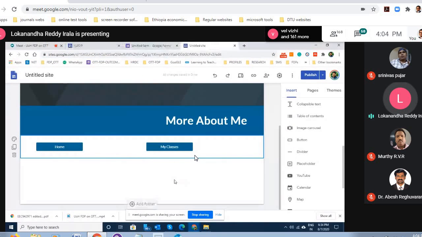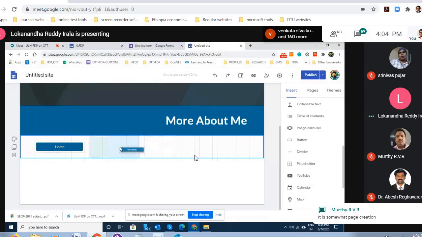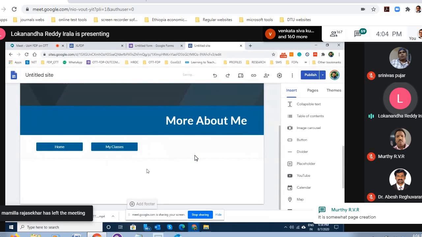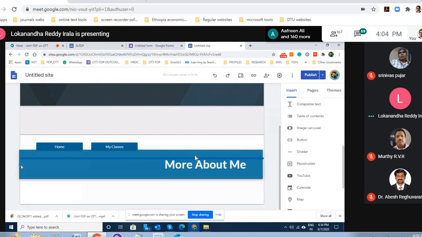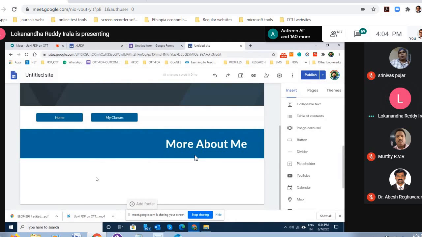Yeah, so this is about my classes. Now, like I told you, maybe I would prefer this menu to come right at the top. So what I do, I go here, you see this small clamp like thing inside, you can hold it, drag it down. Done. So you can actually play with them, shifting them up or shifting them down.